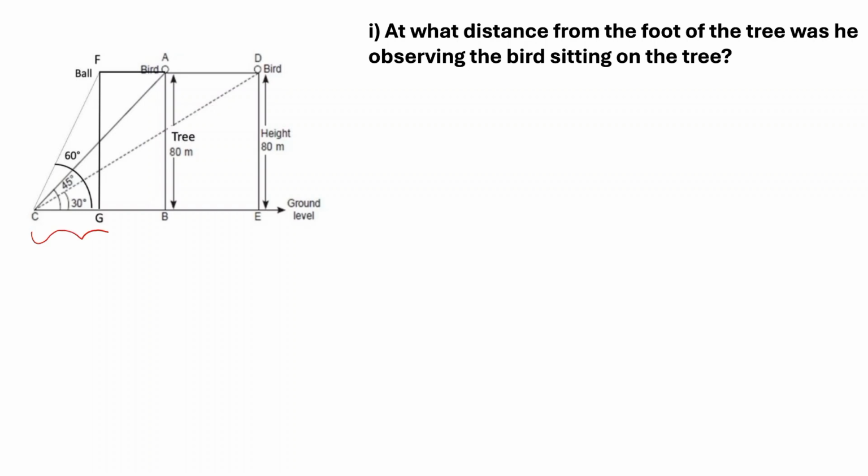So for finding CB, which triangle do we use? We can use the triangle ABC. BC is included in this triangle, right? So in triangle ABC,